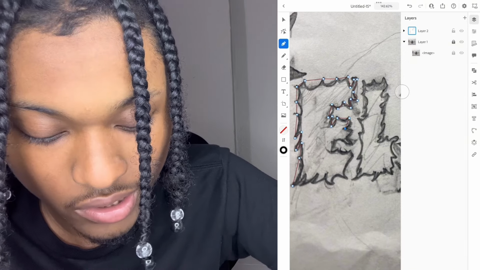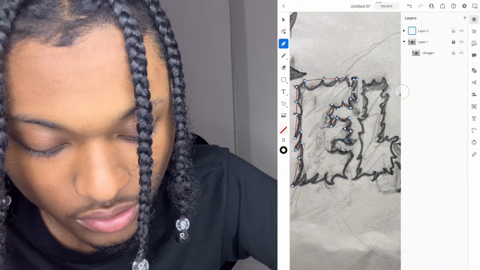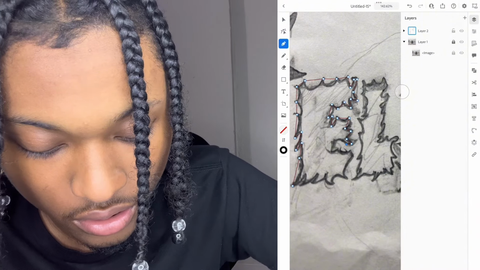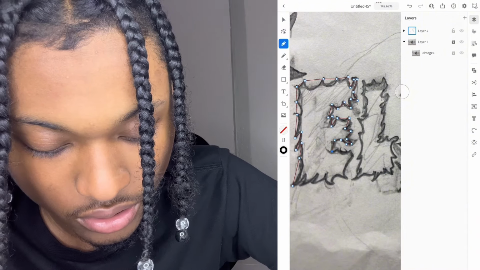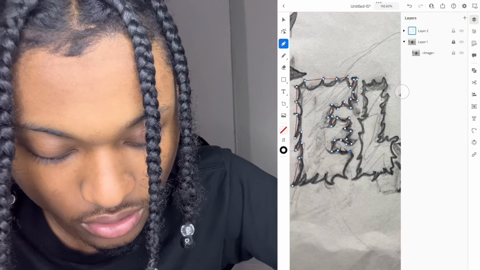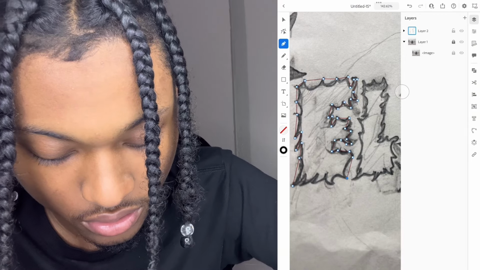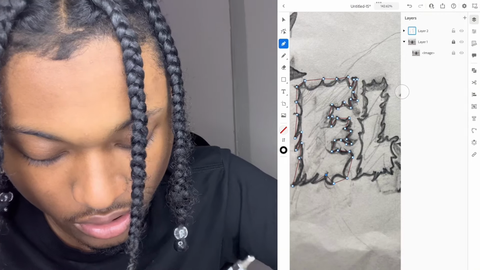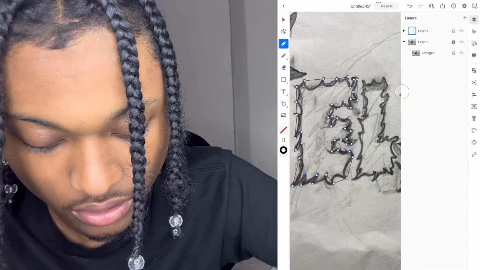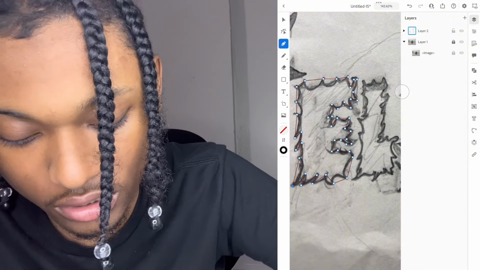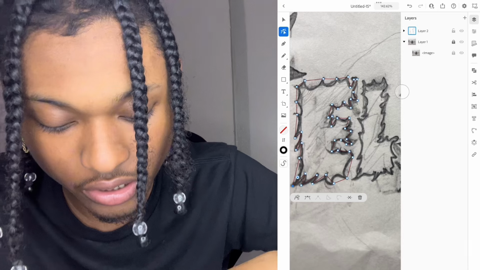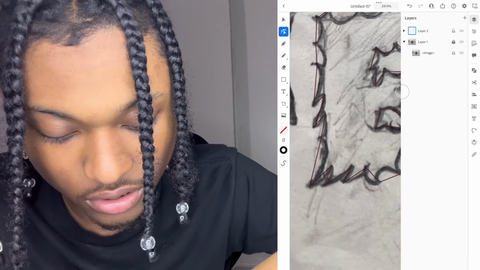All right, after you get all the points in the sharp points on here, that's what you want to try to get, is the sharp points. After you finish getting the sharp points, you want to click this tool right here, zoom in on it,